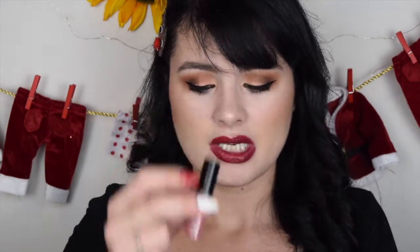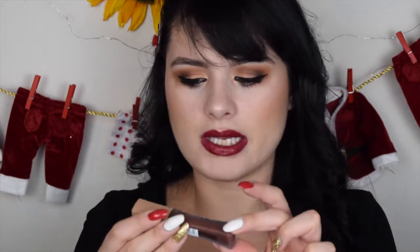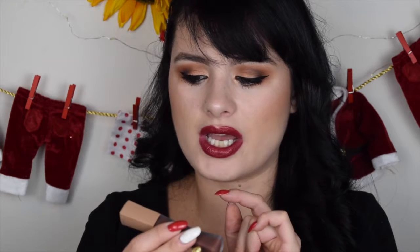Then I have two products from NYX. One is NYX Lingerie in Sleep, a matte lipstick, and then a butter gloss, the Glaze White Days. These both actually came in the NYX Advent calendar, and I really enjoy them, so probably when I finish I will just buy them again. And then we have from L'Oreal the Infallible Pro-Matte Liquid Lipstick, the collection Le Chocolat, scented perfume,